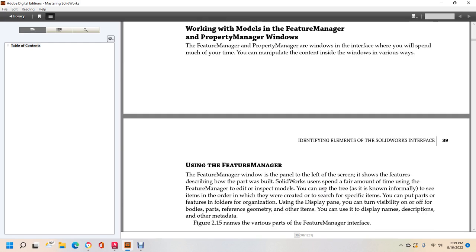showing the features describing the height of the part. In SOLIDWORKS, you can spend a fair amount of time using the feature menu to edit and inspect the model. You can use the tree, also known informally, to see the items in the order in which they were created, and search for a specific item. You might put parts of the features into folders